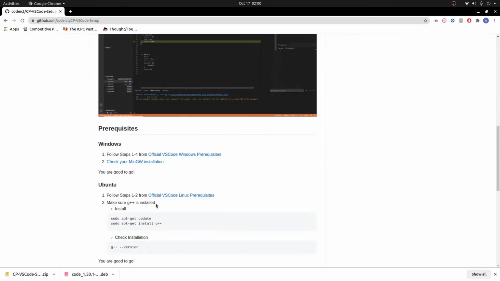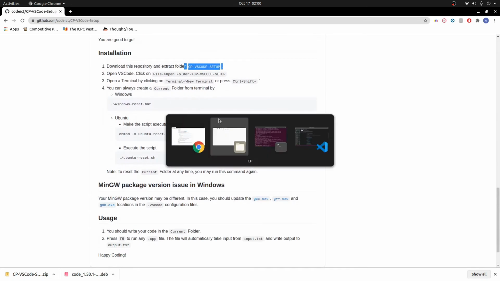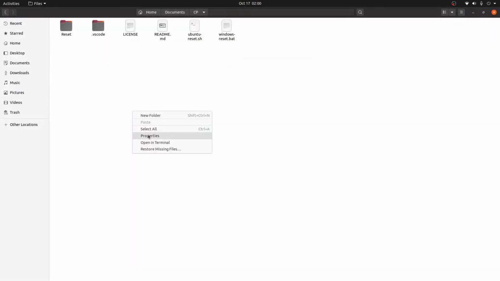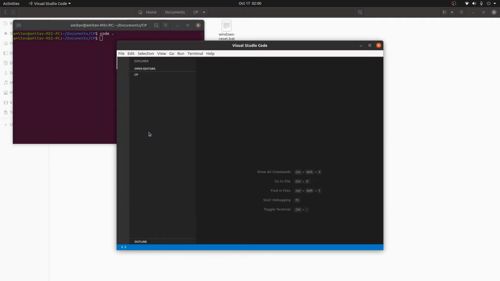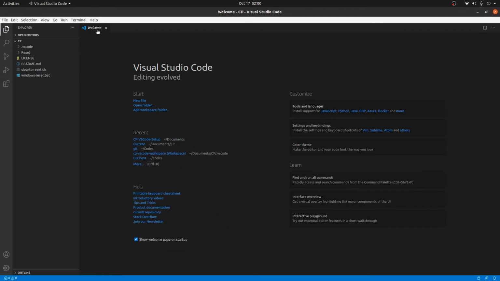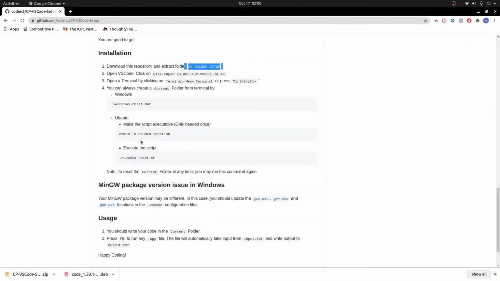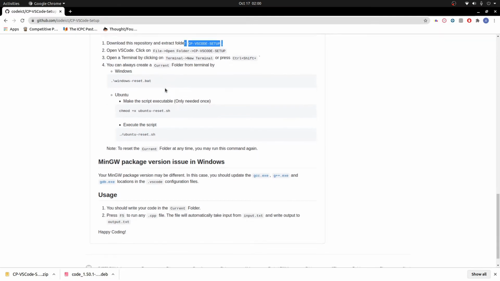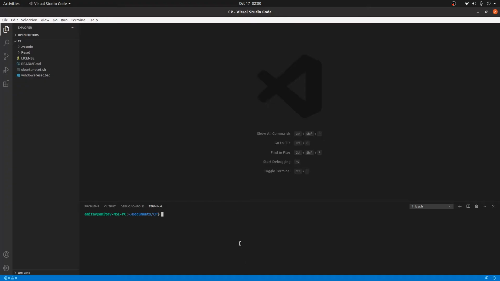So the next thing is to open it in VS Code. You can right click, open in terminal and ask code to open here. Let us open a terminal. Now the next thing is we want to be able to execute this script, so we want to allow it to be executable. Type this in the terminal. And now you can execute this script.